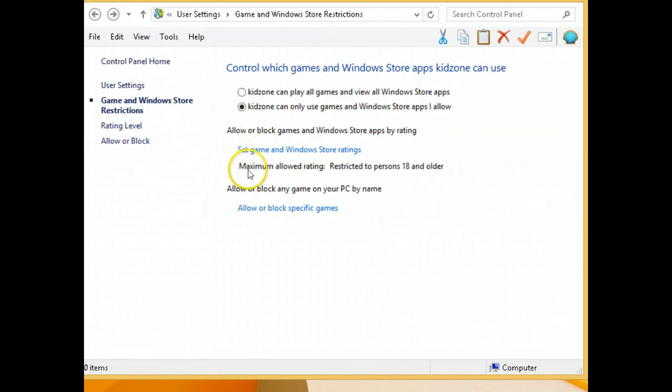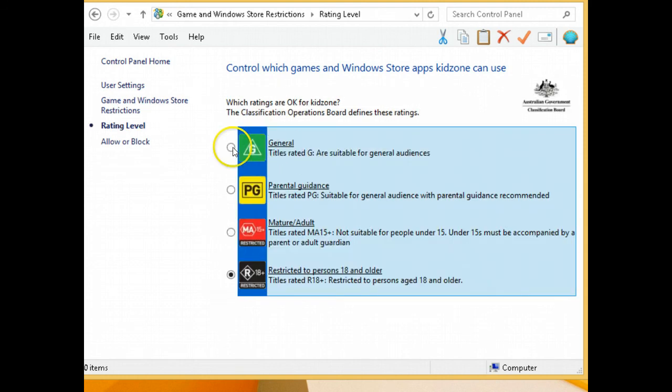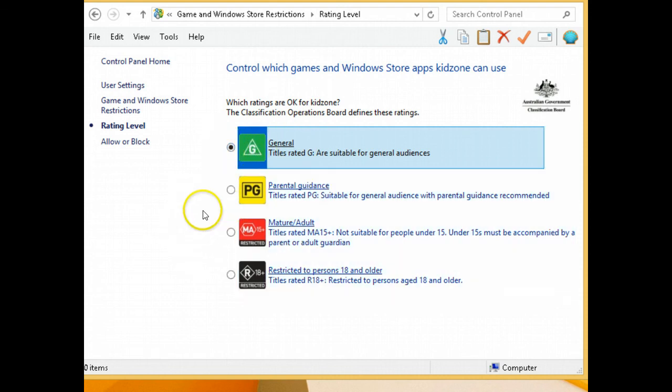And you can also go into set the game and Windows Store ratings. So you have the options of R18+, MA15+, PG and General. So we can click General to restrict the games that they play to only games with a general rating. So now we'll click back on user settings,